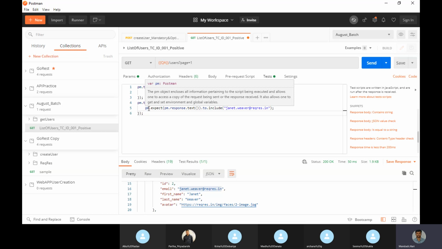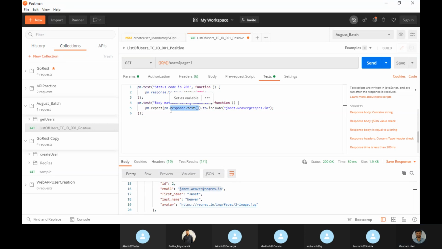This pm means Postman, I think so, I'm not sure, let me check. Postman expect pm.response.text, see this. See what is happening here. Here it is response.text, the entire response.